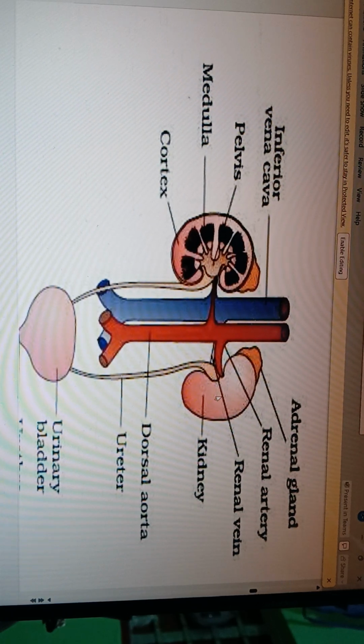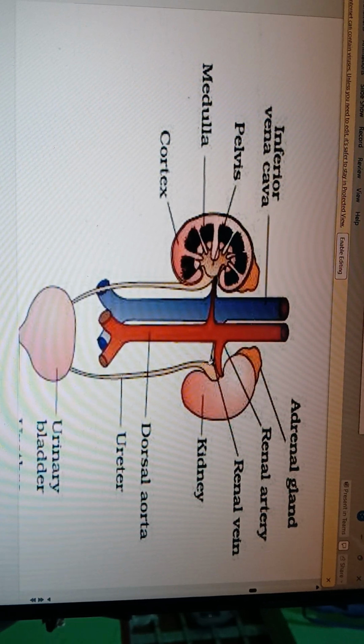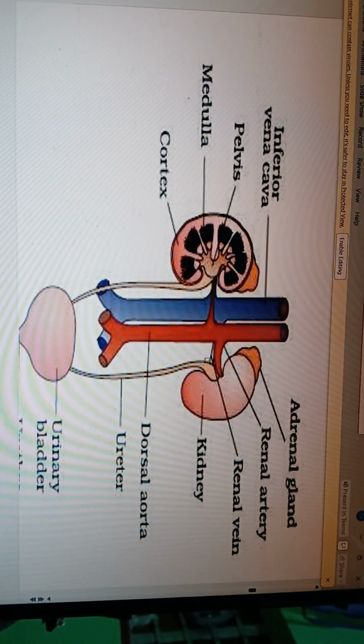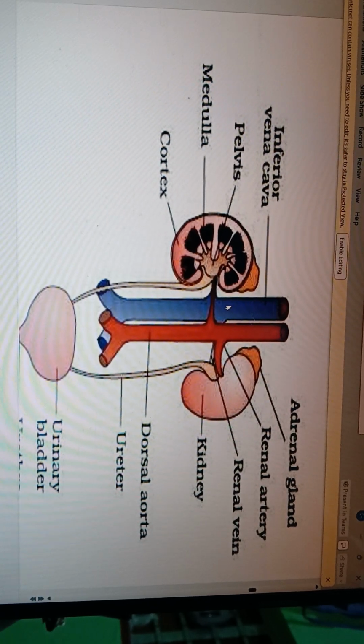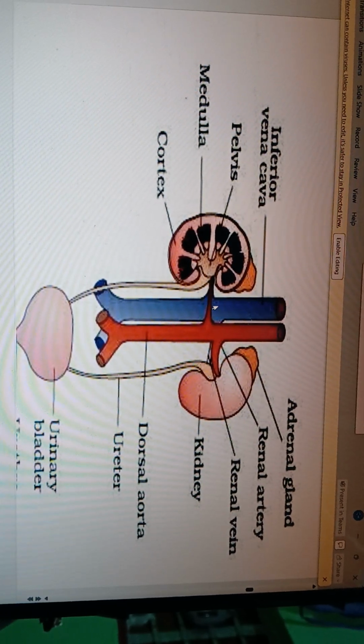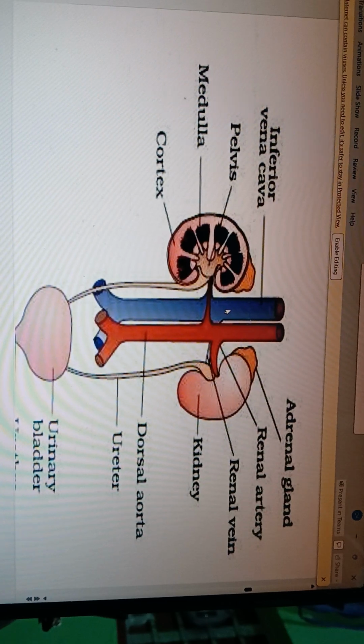And when blood becomes purified, this blood has to go back to the body. Then you look, there is the blue color, this is the vein. This means purified blood has to come back to the body. First this purified blood comes to the renal vein, and this renal vein joins with the vena cava, or inferior vena cava. This renal vein joins with the inferior vena cava, and purified blood goes back to the